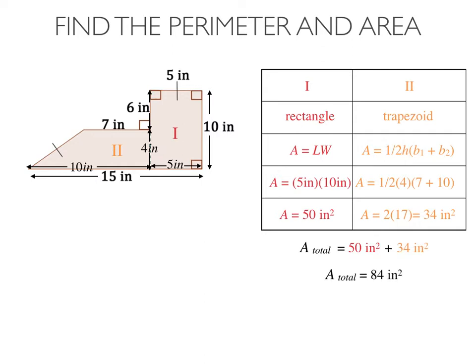Now this problem also asked me for the perimeter of the figure. Perimeter is just a matter of adding up all of the side lengths. So every side is given a length except for one, but I can see that it has congruency markings with the 5 inches, so this is also 5 inches. I like to have a systematic way of finding perimeter. I start at the top and I work my way around clockwise. So I'm going to add up these dimensions, and I get 48 inches for the perimeter of my figure.